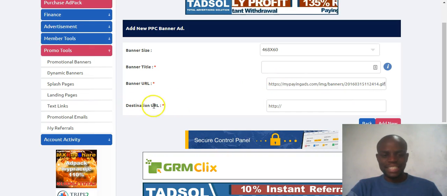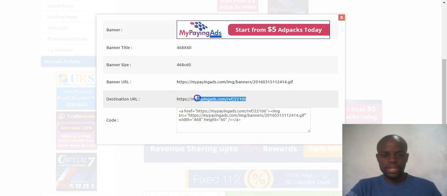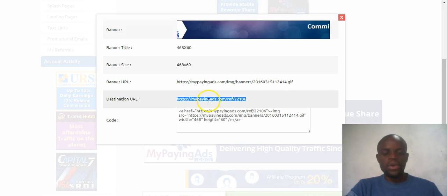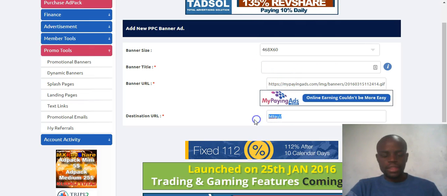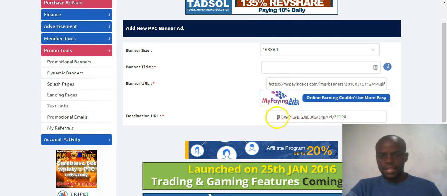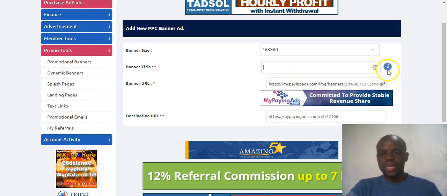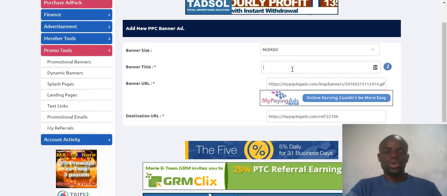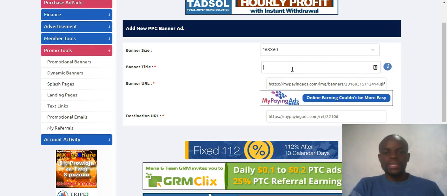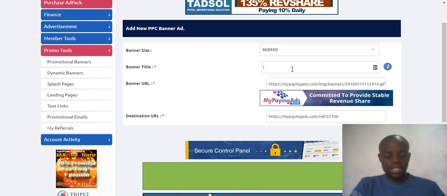And then destination URL, in this case again, you can actually take your referral link. This is actually my referral link for My Paying Ads, and then I can just paste it there. And then here on the title, I recommend that you use keywords that are searched on Google, because you can be ranked again for this advert.